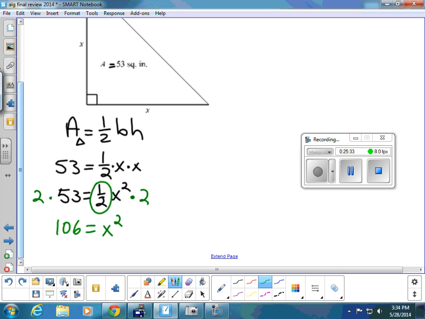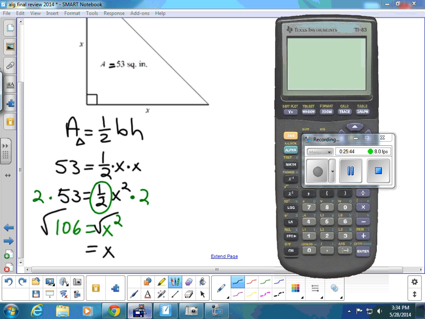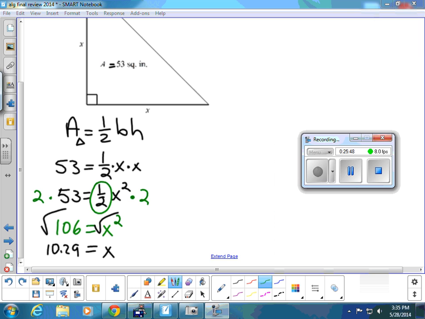Okay, and then how do we get out of that? Well, once again, I got x squared equal to a number. If I square root both sides, I get x equals the square root of 106. I'll use my calculator for that. Well, it's not on. Okay, so a clarification here. When we're at this level here,